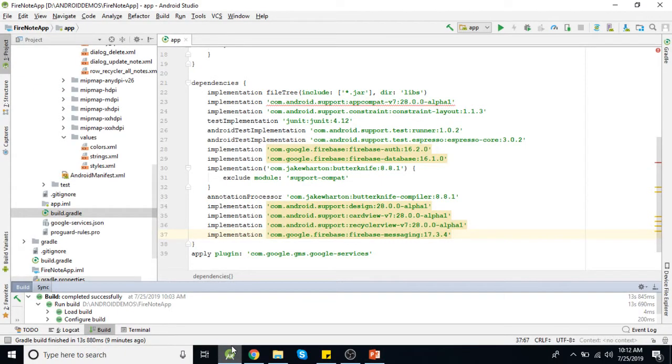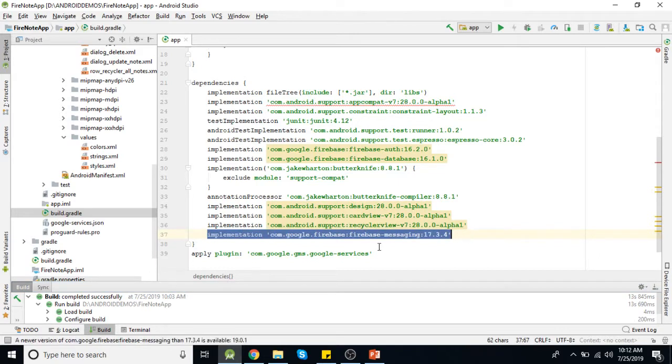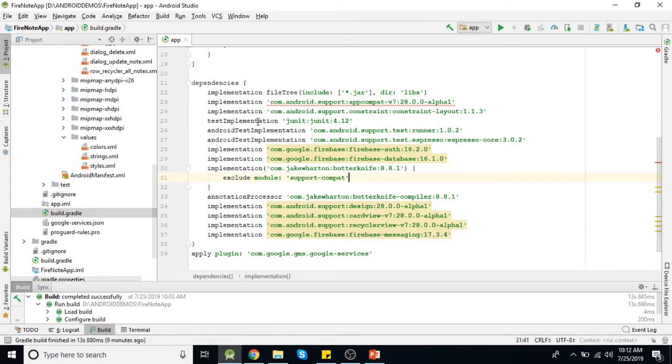Now let's see how we can integrate that into the application. For Firebase Cloud Messaging, first you need to add the Firebase Messaging dependency to the Gradle file of your app. Then after adding this dependency, we need to create one background service which will extend Firebase Messaging Service. Okay, so let's do that first.